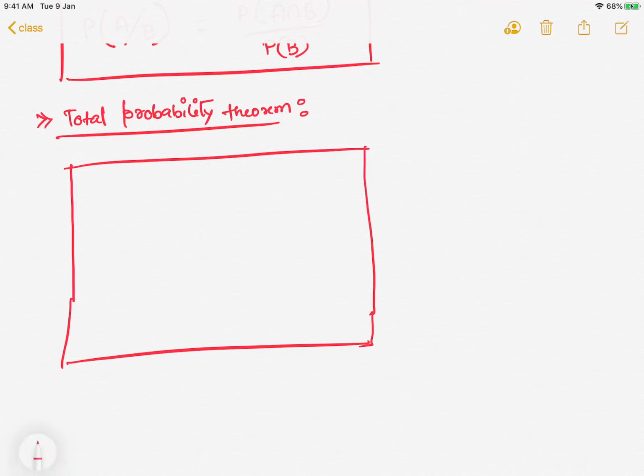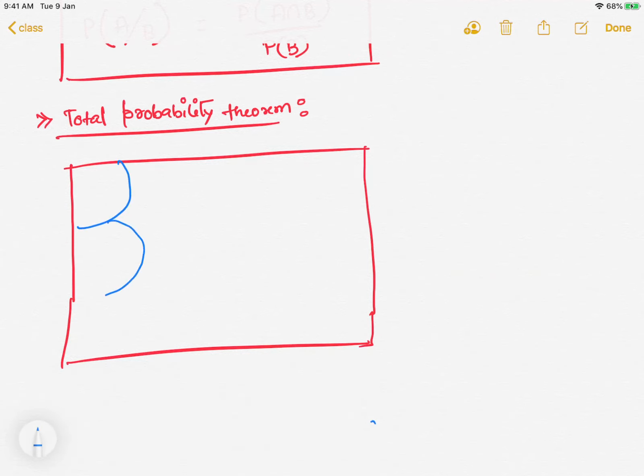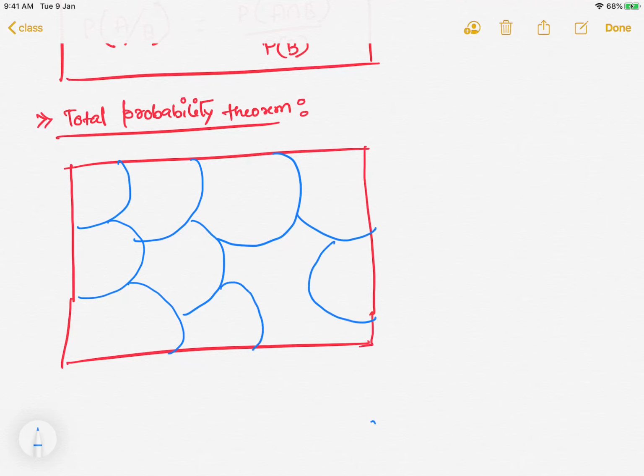This is the sample space of an event, and there are multiple events: sample space 1, sample space 2, sample space 3, sample 4, 5, 6, 7, 8, 9,